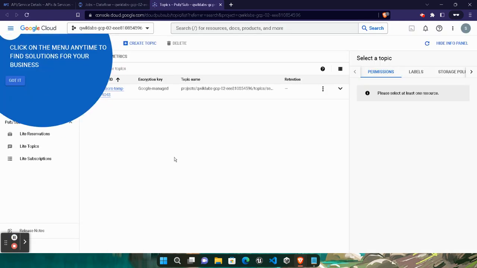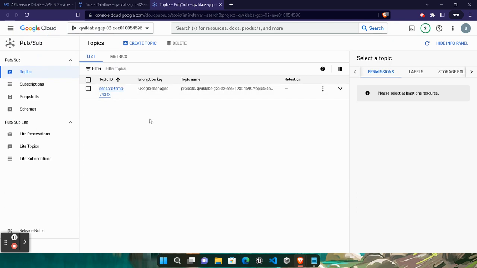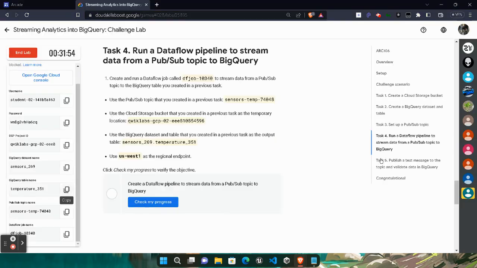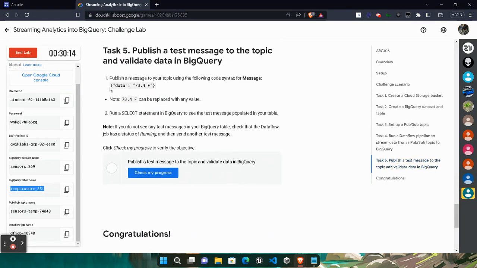Now once the panel gets loaded, you will see an interface like this. From here we need to select the topic ID, click on this, open it. We need to publish a message, so wait for it to get loaded. While it's loading, come back to the lab, click on this fifth task, and from here select this, copy this